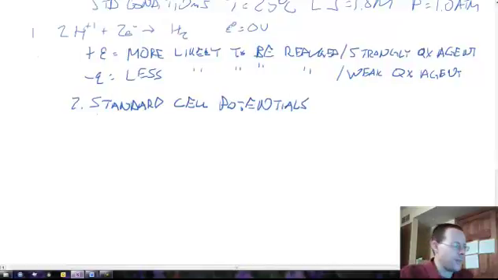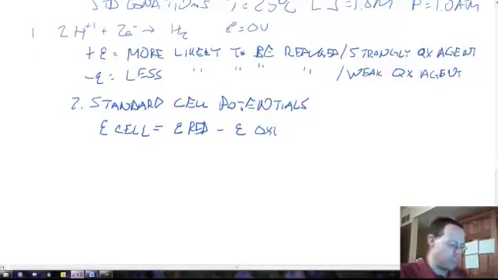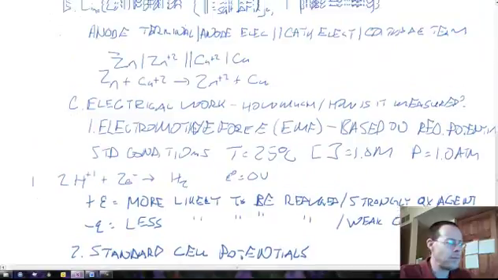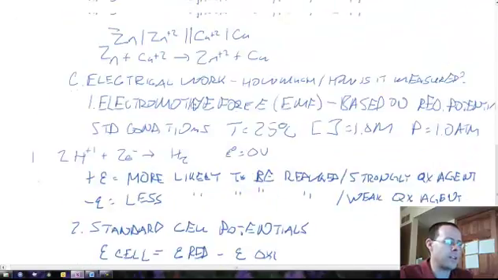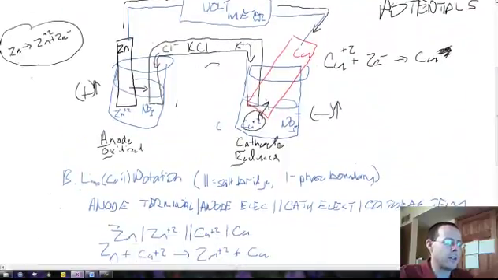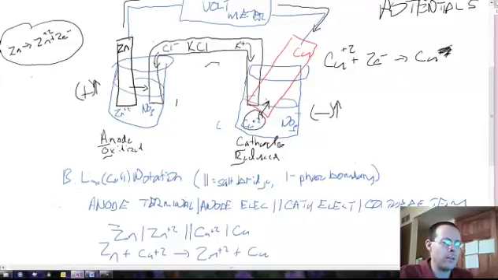So standard cell potentials, it is always the case that E cell is always going to have a value that is equal to E of the reduction minus E of the oxidation. Alright? So if we look back up at our galvanic cell, we're looking for reduction minus oxidation. Who was reduced? Copper was reduced, and zinc was oxidized. So if we go back to the bottom,